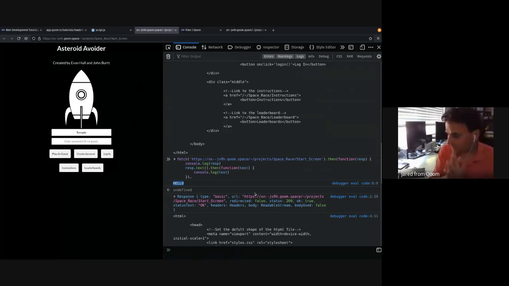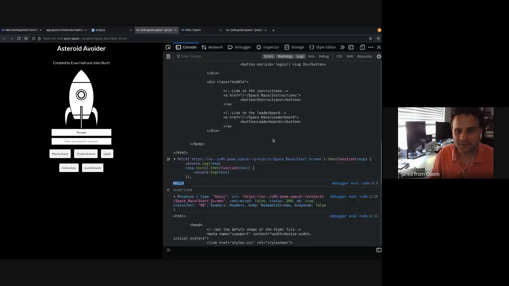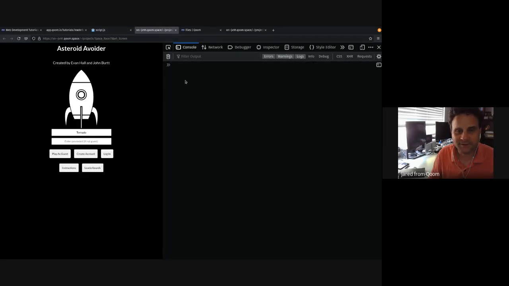Now what I'm going to show you next, though, is a way to make this a lot cleaner, so you don't have all these .thens and all these functions created. And that's what async await allows you to do. So I'll show you in the browser what this looks like really quick. I'm going to create what's called an async function,